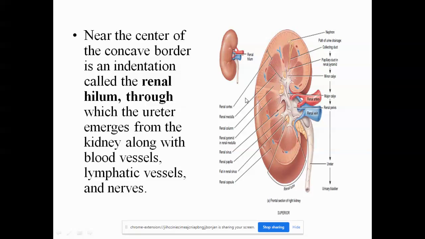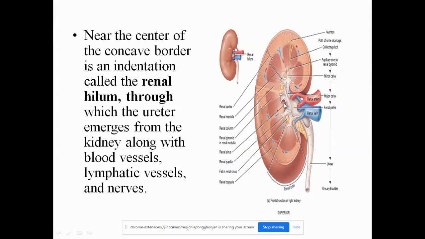So these are the different layers. The outermost region of the kidney is called the renal cortex. The inner region is called the renal medulla, and you can see these column-like structures through which the cortex extends inside, called the renal column. And these are the renal pyramids, which are cone-shaped structures, which have a wider edge facing towards the cortex and a narrow edge facing towards the inner medulla.